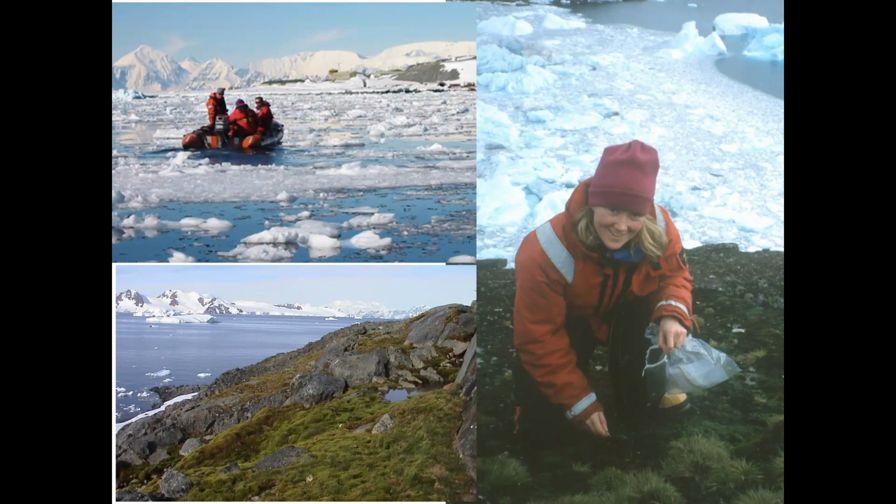So I'll just focus on Leone just now. As I said, there's 2 higher plants, and you can just see this Deschampsia grass in the foreground of the picture on the right. There's about 75 mosses around Rothera, about 25 liverworts, about 200 lichens, and about 20 macrofungi. And in amongst these mosses, you'll find mites and springtails,